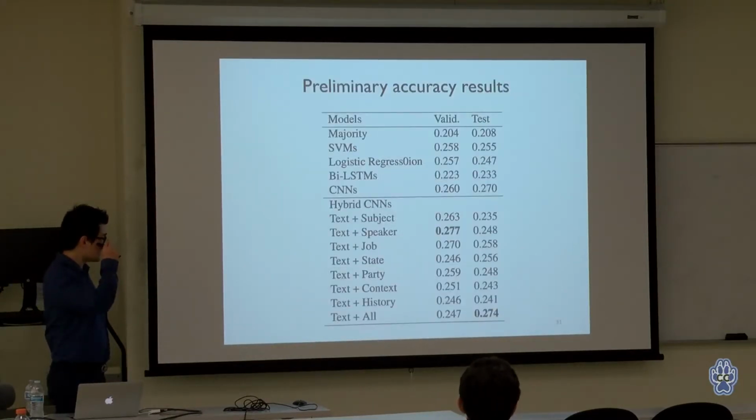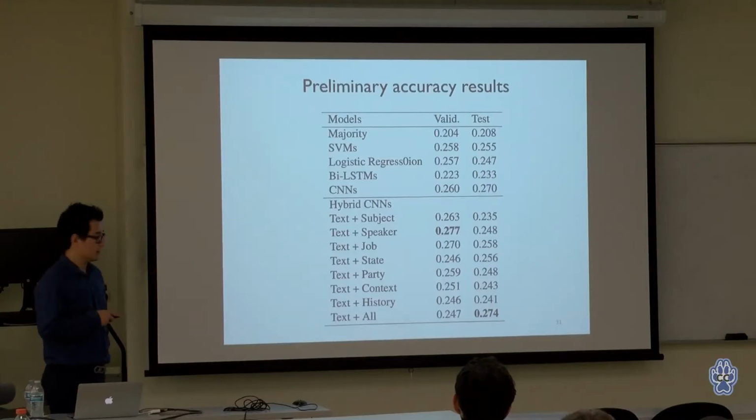So essentially, we tried a whole bunch of different machine learning tools. For example, SVM, logistic regression, this kind of sequential deep learning models, and also this convolutional deep models, and actually found that a convolutional model gives the best performance. And then when you combine the model with this kind of metadata, for example, speaker information, there's some small improvement on top of that. Okay, so